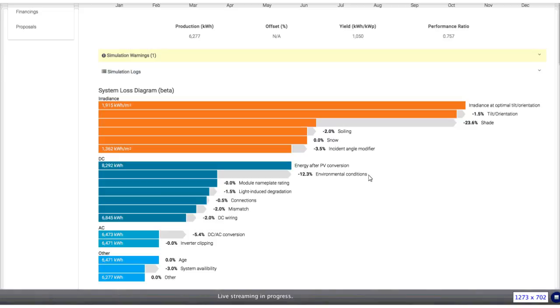We see a monthly breakdown of production. We also have an annual total. We're looking at about 6.3 megawatt hours or so. Scrolling down, we have a loss diagram showing exactly where our energy is being lost in this design. It's split up into 4 categories: irradiance, which shows us how much light we're losing due to things like shading or soiling. Then there's DC and AC, which shows us where our electrical energy is being lost, and finally miscellaneous